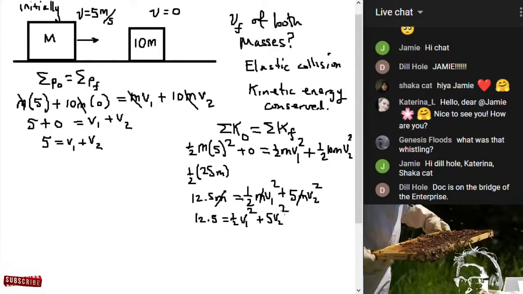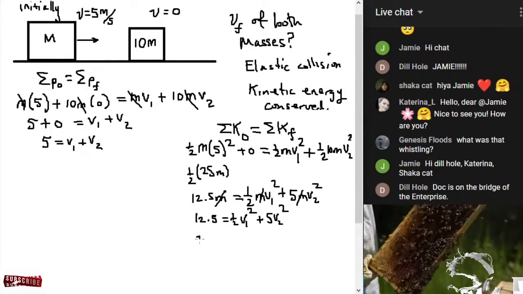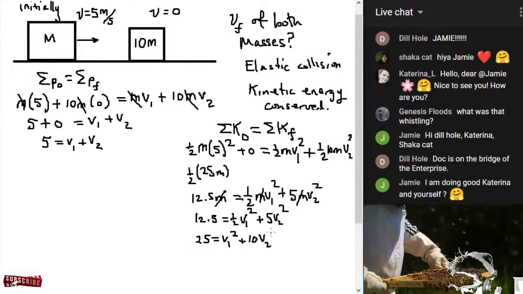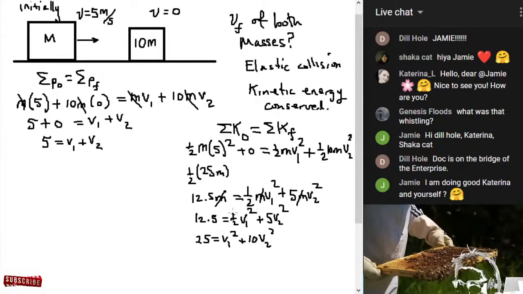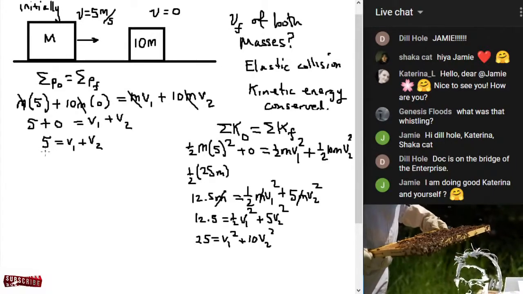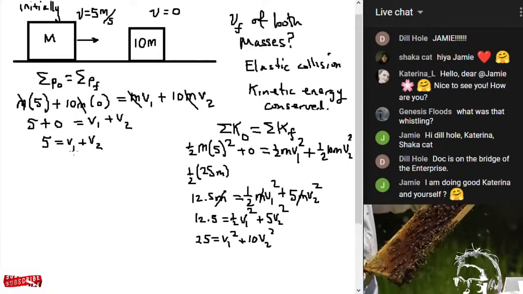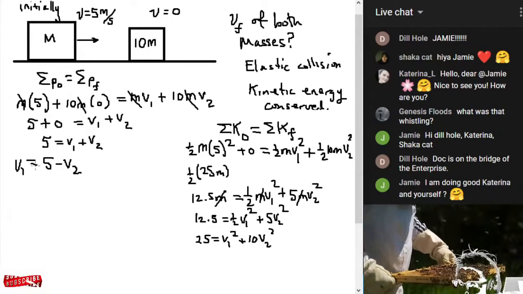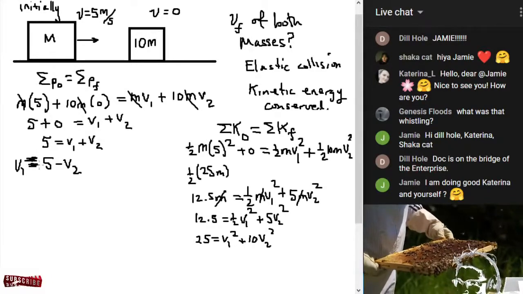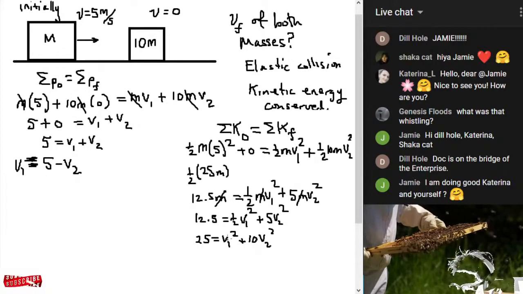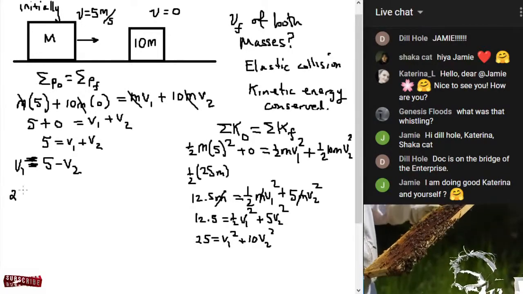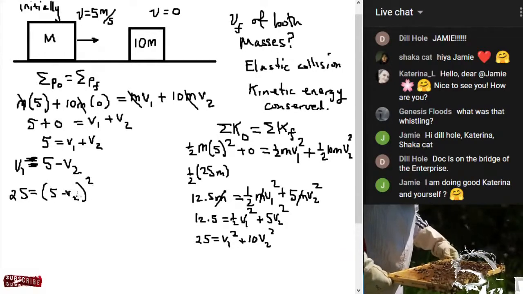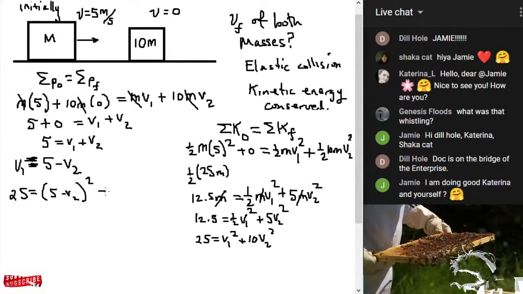We're going to multiply everything by 2 in here. So we're going to get 25 equals v1 squared plus 10 v2 squared. All right. So v1 is 5 minus v2. We're going to plug that in here. So 25 equals 5 minus v2 squared plus